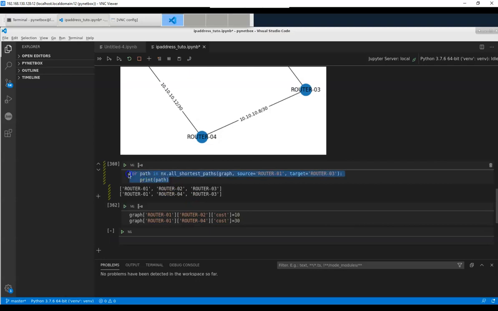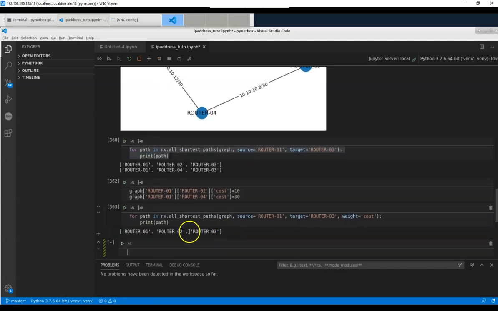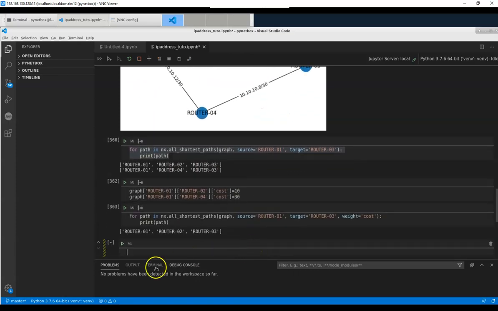Now I will take my loop and execute it, but before that I will add at the end weight equal to cost. So I tell Networkx to use cost as a tie break to choose the path. And here, as you can see, I found only one path, which is the path that